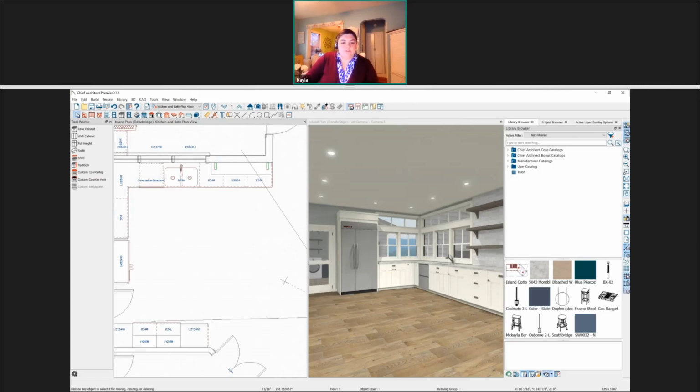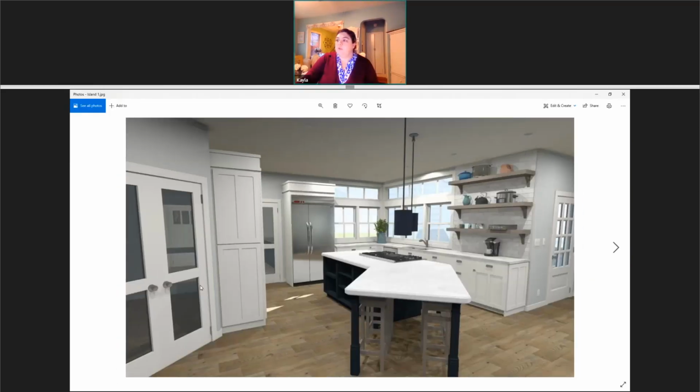Now let's take a look at the first island we're going to create here. So this is our first island that we're going to work on. So we're going to start by creating the base cabinets over in this section. Then we'll create a custom countertop, and we'll go ahead and extend the countertop over so that we can have some eating area. And then we'll add in some accessories. So we have some columns that are holding up this countertop, some stools, pendants. So we'll place all of that at the end.